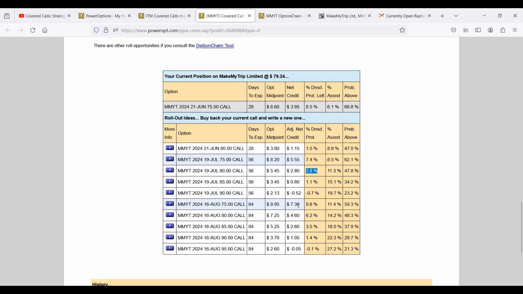It's lowering. I don't see that anywhere except for with the August 75, moving from 5.3 up to 9.8% for a new adjusted net credit of 730. But now, for 84 days out in time, the max return if I'm assigned is only 11.4%. Does that match my trading goals? That's the next step. What was the original target I was looking for a potential max return on this position